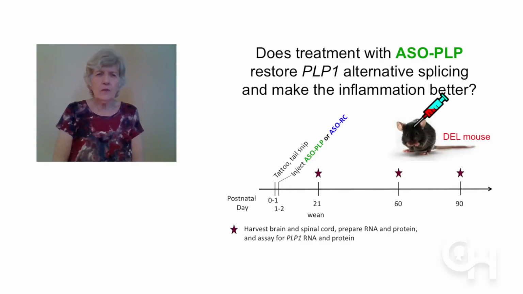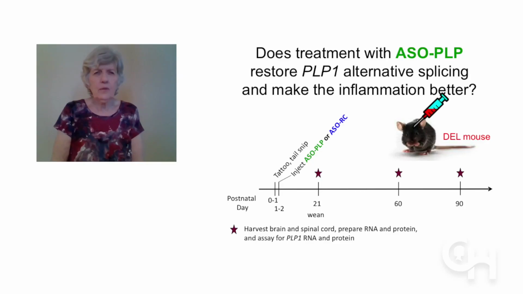On postnatal days 1 or 2, and postnatal is days after birth, we injected ASO-PLP or the random control ASO at one of two amounts into the ventricles of brains of mice. The ventricle is just a space in the brain. And then at postnatal days 21, 60, and 90, we euthanized groups of the mice and prepared RNA from half brain and half the spinal cord and made protein extracts from the other half, and then performed assays to detect